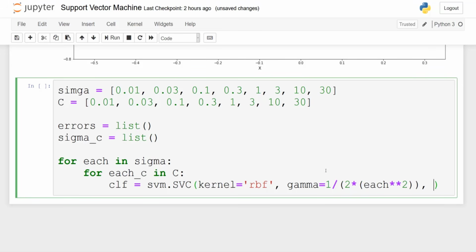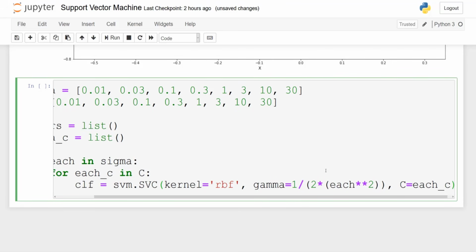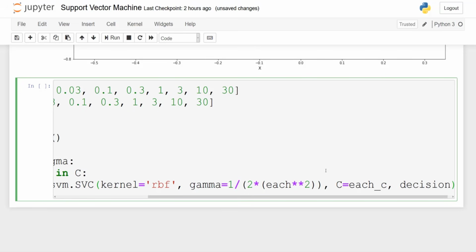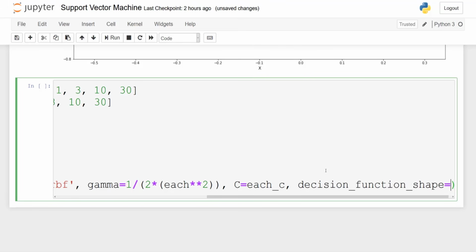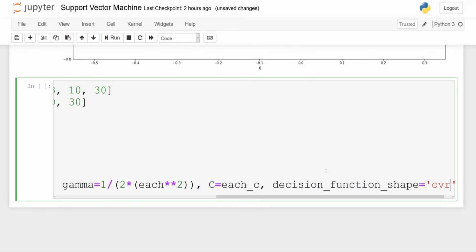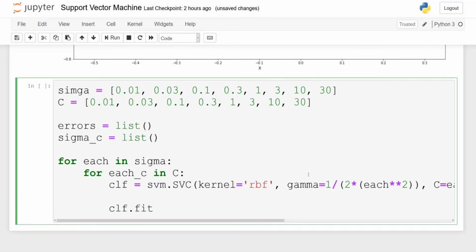And then after 2 brackets, we pass in the value for C, which is going to be each underscore C. And the decision function shape will be equal to OVR. Perfect. Then we will fit it to our data. So x_3, y_3.ravel.